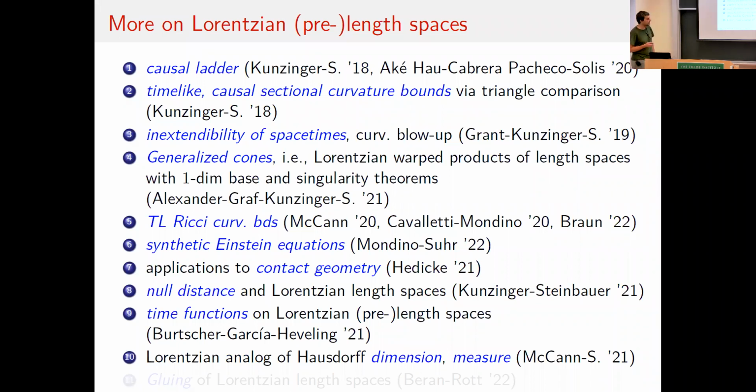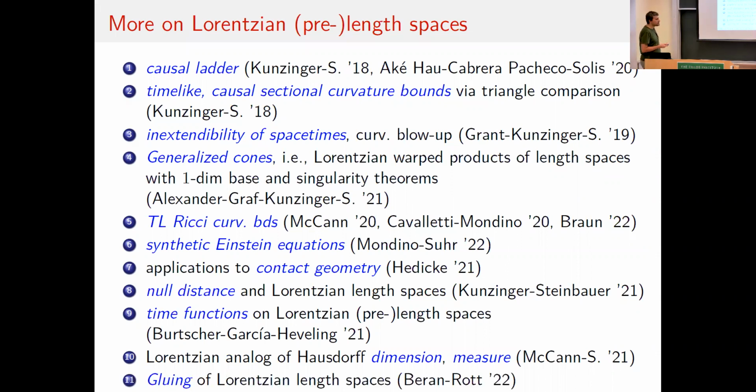Then Robert talked a bit about that 3 weeks ago. We introduced canonical measures on Lorentzian pre-length spaces, which are analogous to the Hausdorff measures, and therefore you can also define Hausdorff dimension, a kind of dimension for such spaces. Also,